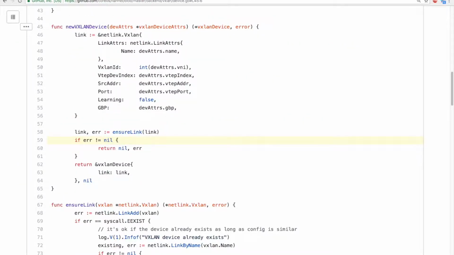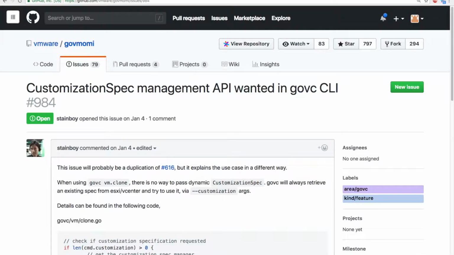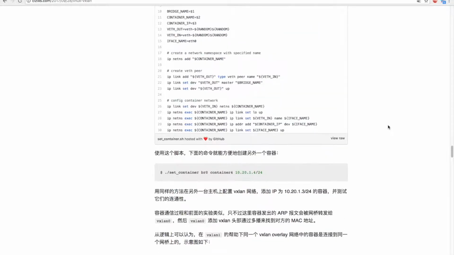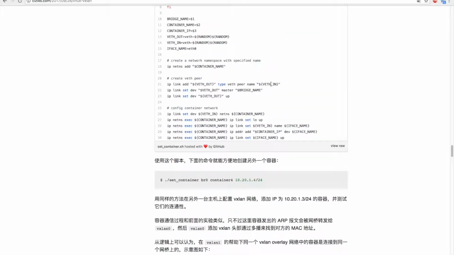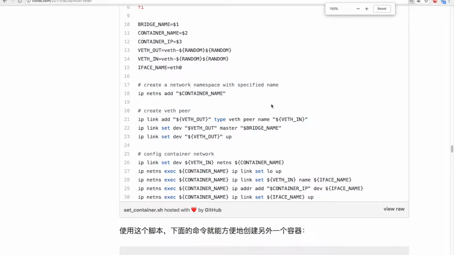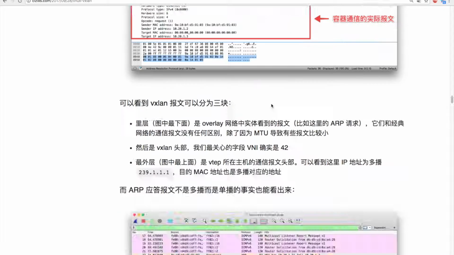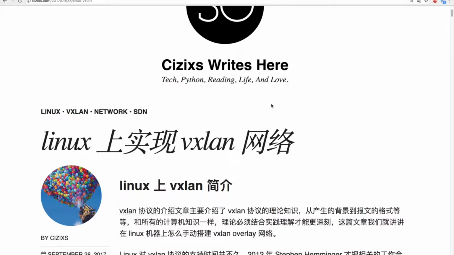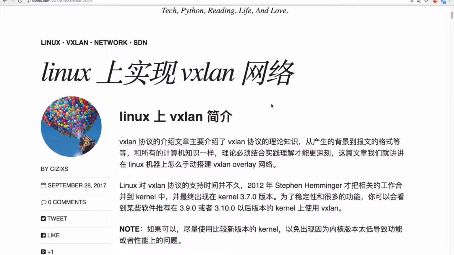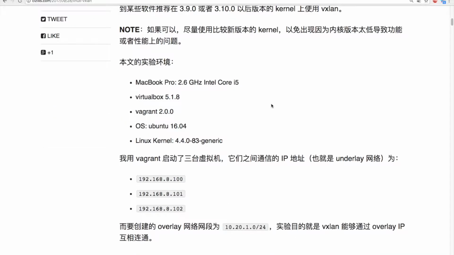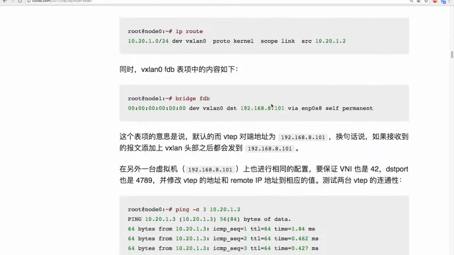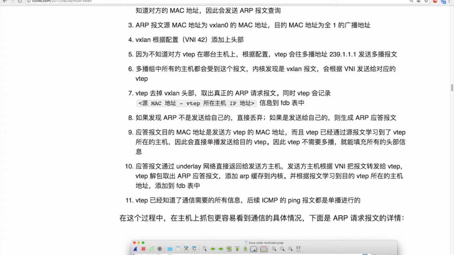Here is a Chinese version where someone explained step by step how to set up the VXLAN network on Linux, and it actually explained the different